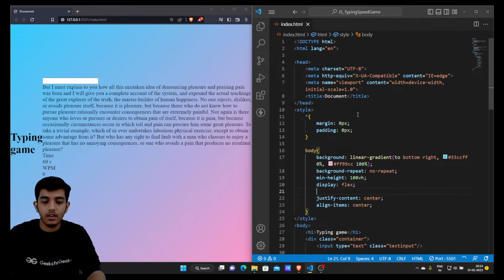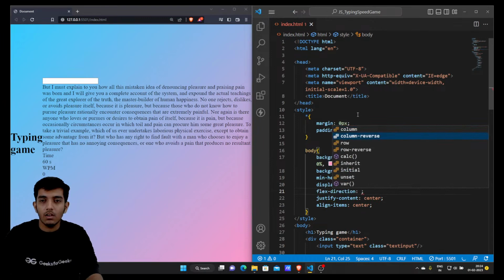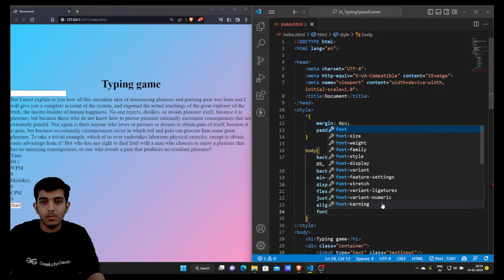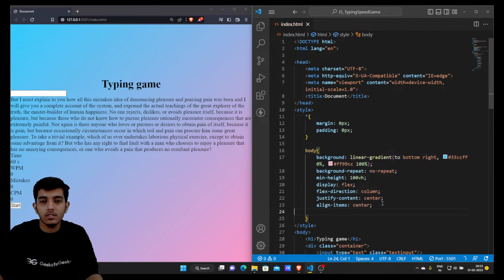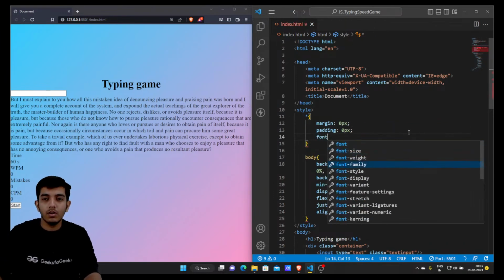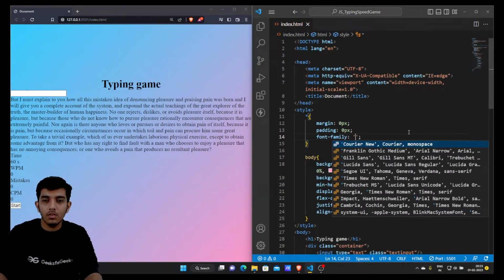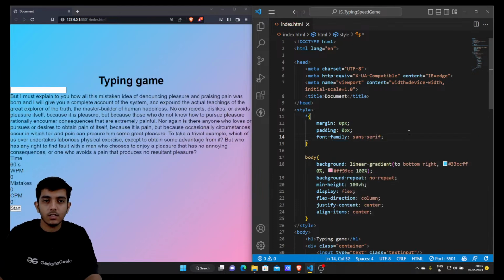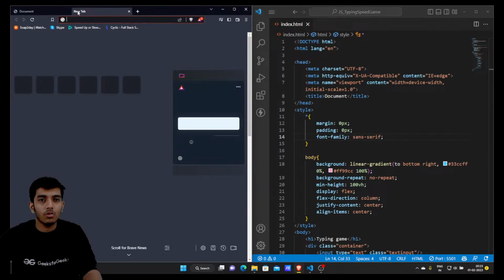And one more thing, I'll say that the flex direction will be column. Okay, so as you can see now everything is in column. So that's the simple UI part. And one more thing, I can assign a simple font family here, or I can say that the font family for anything will be, suppose, I guess we have sans serif. Okay, so you can see that this is pretty much fine,